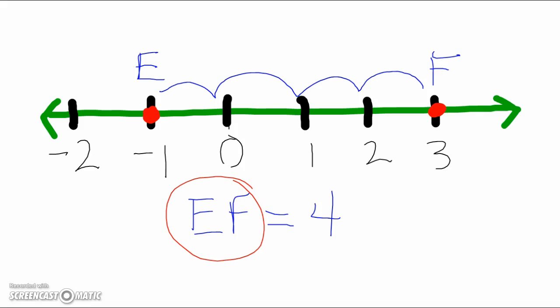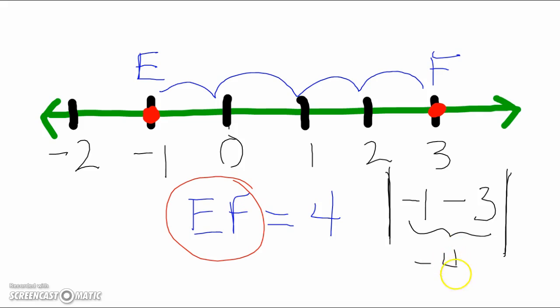Mathematically, if you want to calculate the distance, it's a subtraction situation, an absolute value. So I could literally take the -1, which is the coordinate for point E, and subtract 3 from it, which is the coordinate for point F. Put absolute value bars around them so that it will come out positive, because there's no such thing as a negative distance. And when we do this calculation, you get a -4, and the absolute value of -4